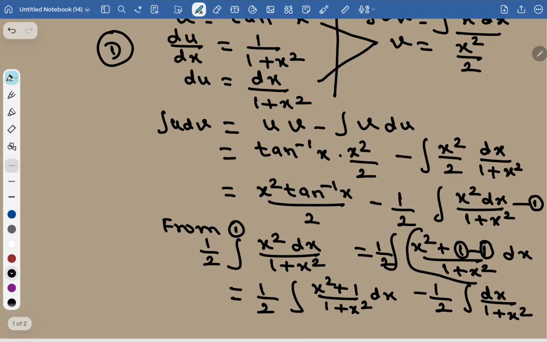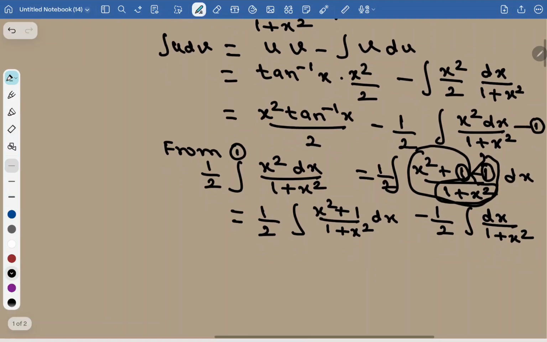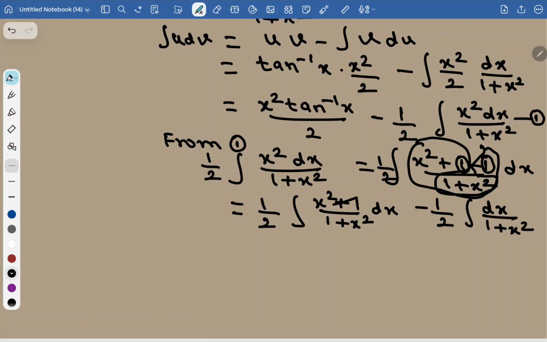I am writing this one as one part, remaining 1 by 1 plus x square as another part. Find integration, cancelling these two terms: 1 by 2 integral dx, x, minus 1 by 2 integration of dx by 1 plus x square, tan inverse of x. This is equation 2